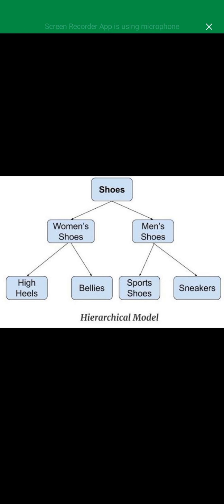Like we've said, a single parent can connect to many child data relationships, but a single child will not connect to many parents. That's why we can't have high heels for both men and women. That is impossible in the hierarchical data structure or model. We can't have that.